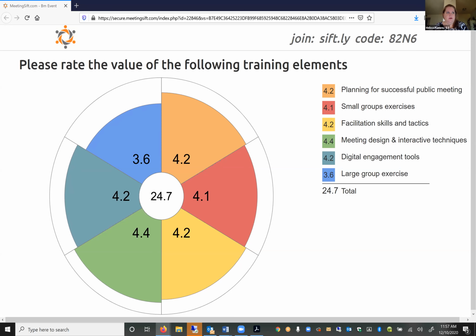Just a note about this software on the back end. I have another screen that you can't see, the facilitator screen. It tells me how many people are connected and how many people have responded. It's a nice way to track your participation rates. But it's anonymous, so I don't know who has participated and who hasn't. You can get a really good sense of how many people have responded, so you know how much longer to leave things open. We're just about at 100% here.